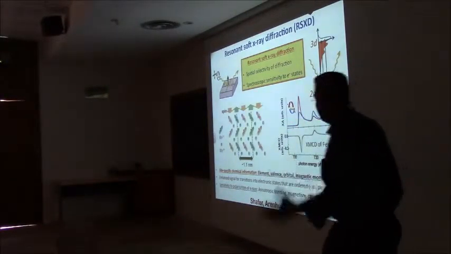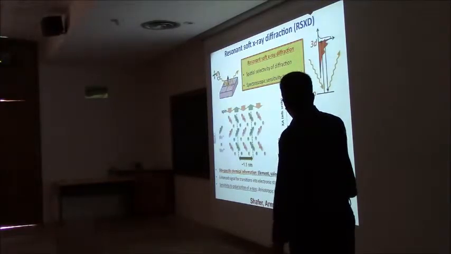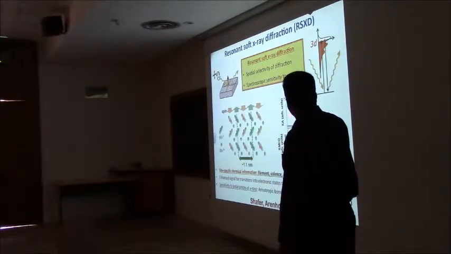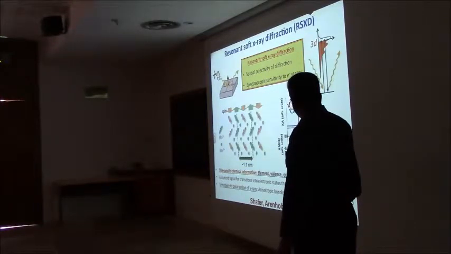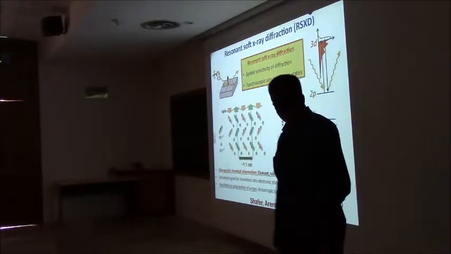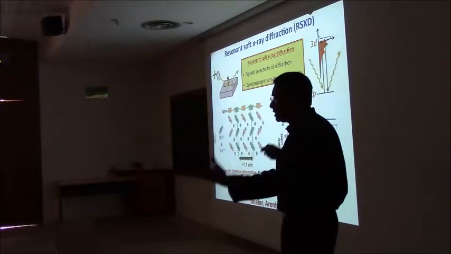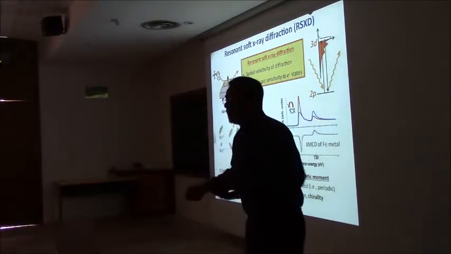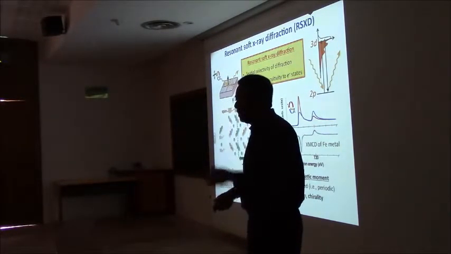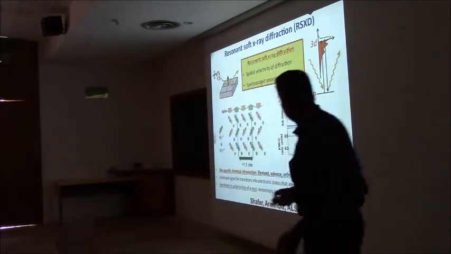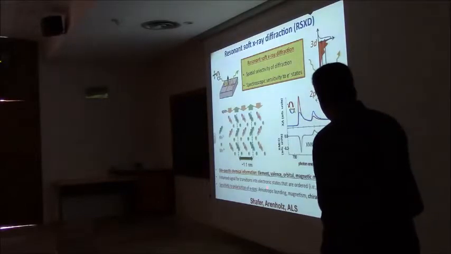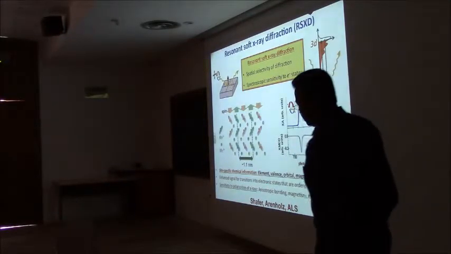This is just a piece of iron. You have the absorption with left circularly polarized light and right circularly polarized light. That difference is shown here. That is magnetic circular dichroism. You can integrate that using the so-called spin sum rule, and you can get the effective moment of the sample. In a piece of iron, it will only be the spin component, but in some cases you will have the orbital. These guys are the experts that we really work with.